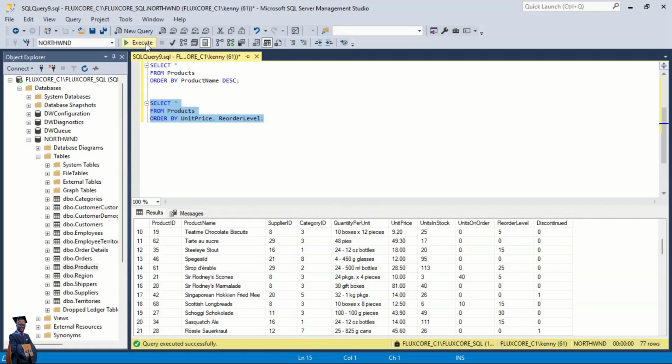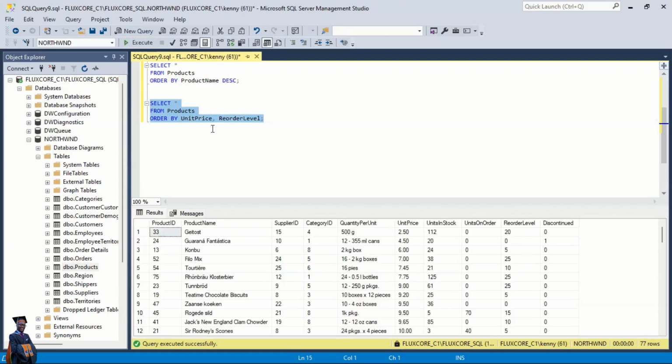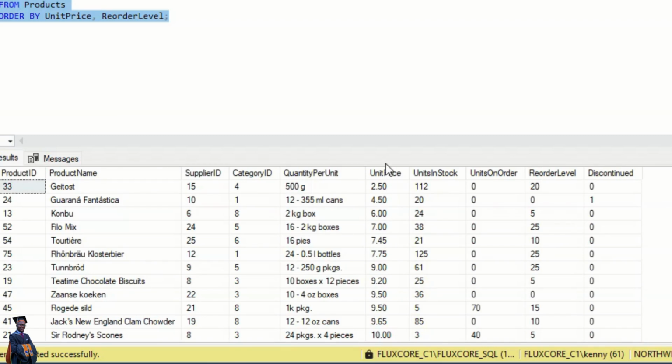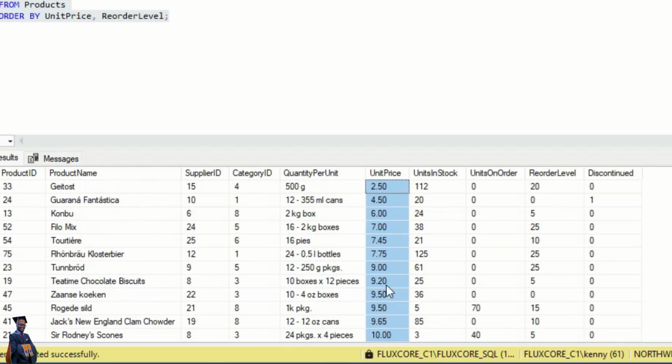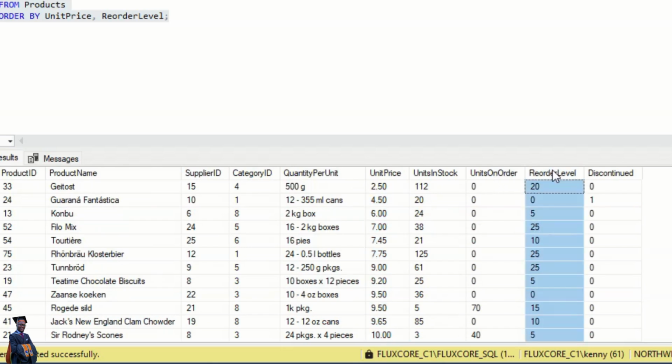Let's run. Okay, so let's check the unit price. We said by default it's ascending, so here we are okay. It's in ascending, we are okay. How about the reorder level? Let's check this one. There's 20, 0. Here looks like there is no order,